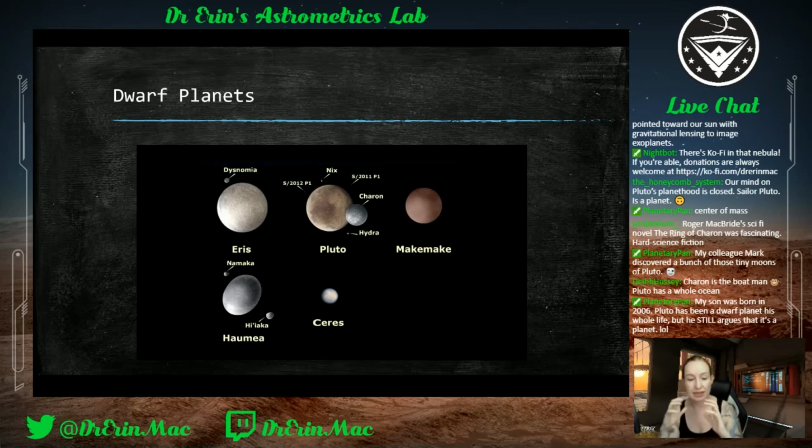But then it hasn't cleared out its own orbit. As objects move through their orbits around the sun, their gravitational presence is big enough that they attract objects to it. They clear out their path. Pluto hasn't done that. The other objects in the asteroid belt and the Kuiper belt haven't done that because they're not massive enough. So that's where we call them dwarf planets. And there's some other nuances, but those are really the big things. They have to be big enough to be round, not big enough that they clear out their orbit. So with that, there are some cool dwarf planets out there.